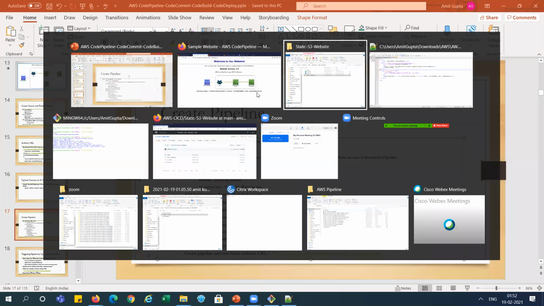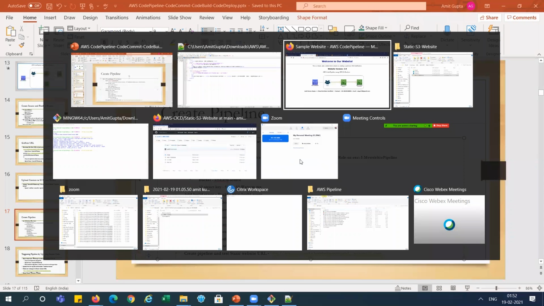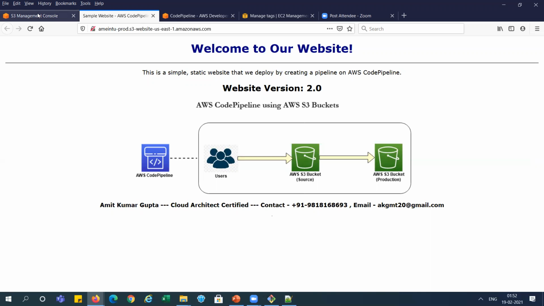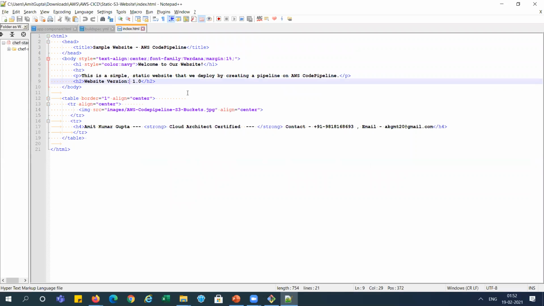Let me see why it is showing version number 2. So it is showing website version 2.0. But in our system, it is showing 1.